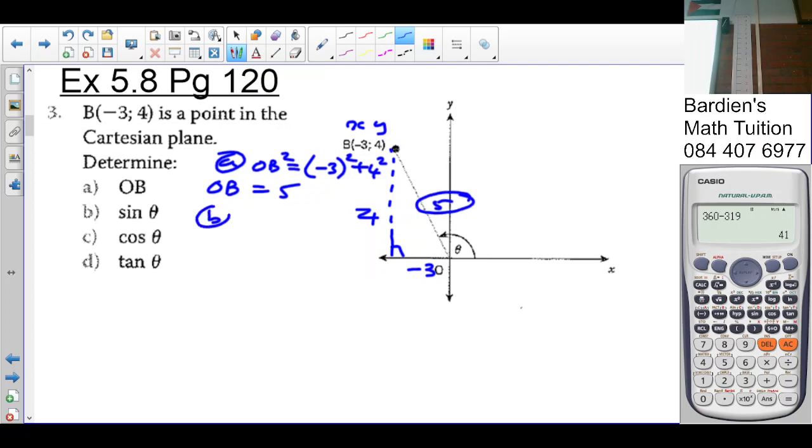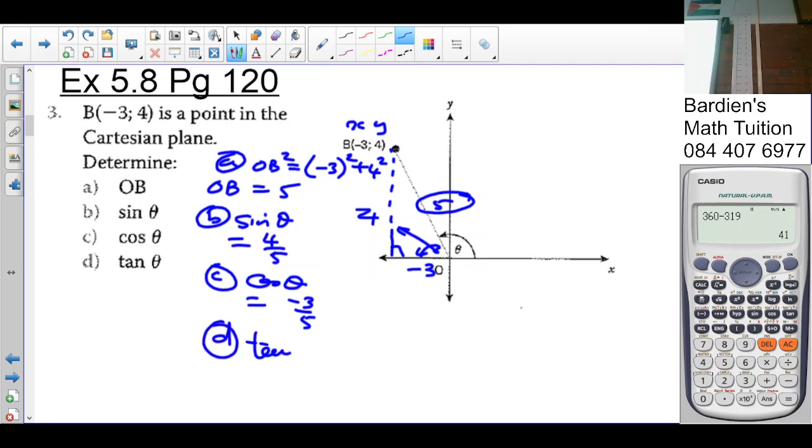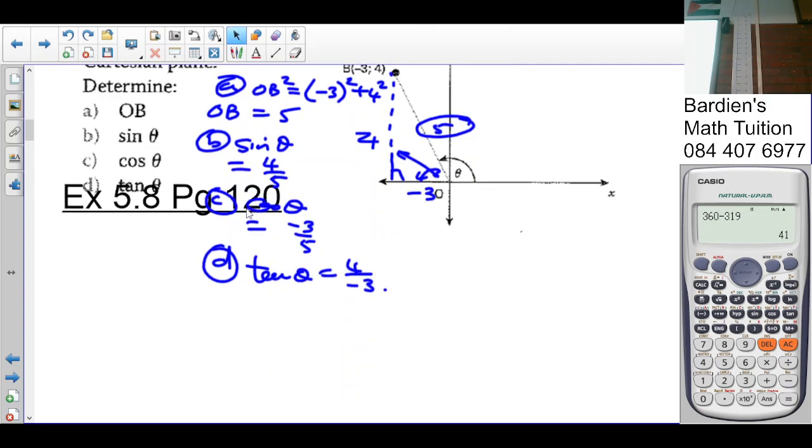B, sine of theta. So sine is opposite over hypotenuse, so it's 4 over 5. C, cos of theta. Cos is adjacent over hypotenuse, so it's negative 3 over 5. D, tan of theta. Tan is opposite over adjacent, so it's 4 over negative 3. The next one,